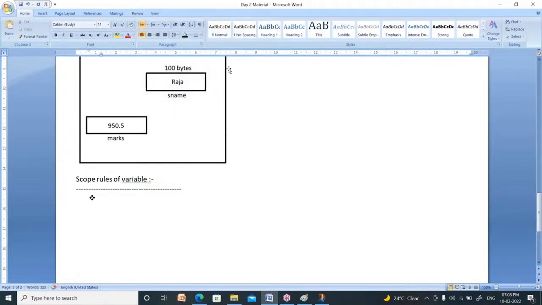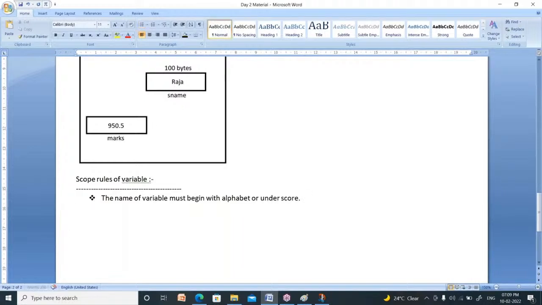First rule is, the variable name must begin with alphabet or underscore. What is the first rule? The name of variable must begin with alphabet or underscore.